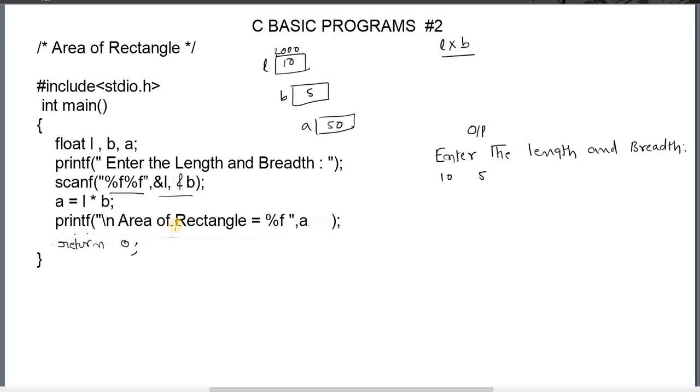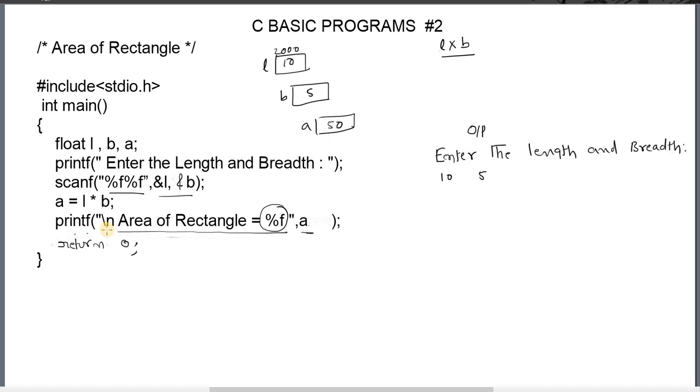Again printf prints the same message which is given in the double quotation. In this message one specifier is there. It means a variable is a must for that. In place of this specifier, which is a non-printable character, the A value will be printed. Here A value is 50.